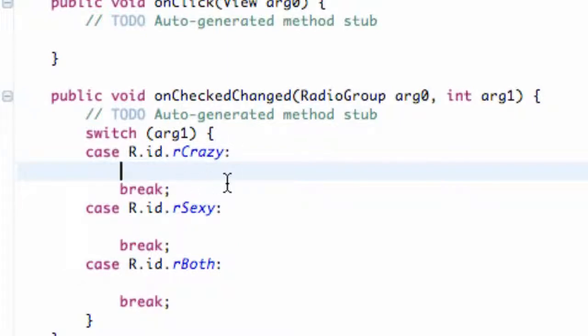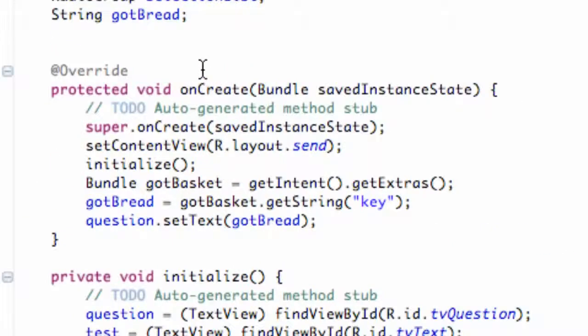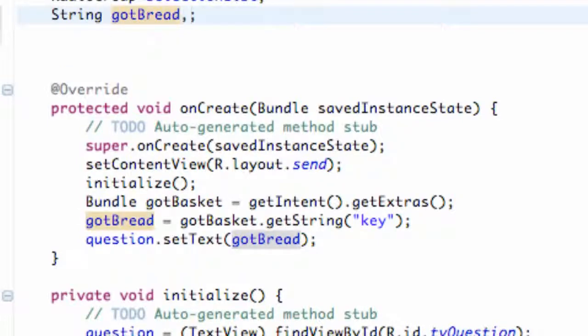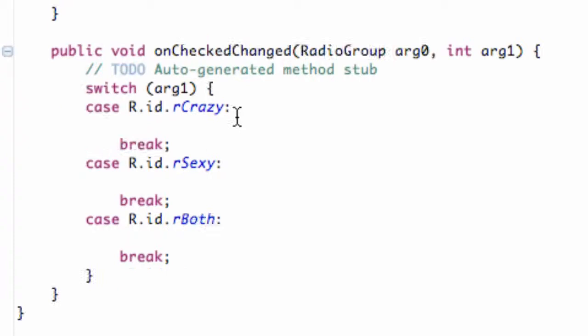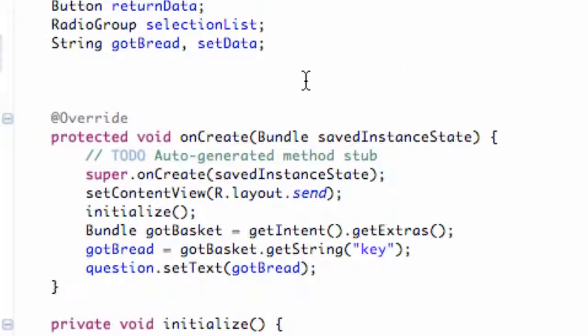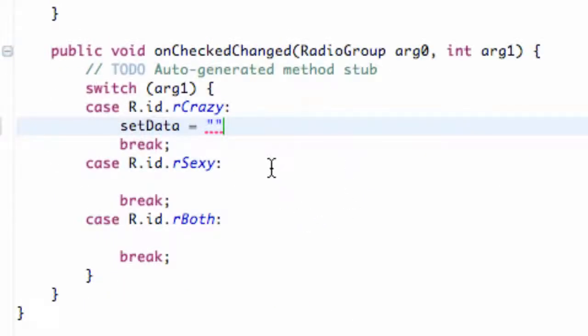But what we're going to do is basically set up a string variable. We're going to set up a new variable above our class, and we're going to call it sendData. We're going to set sendData up within our switch case down here. These are kind of the answers for the most part. Did we set up answers? Not positive. No. Alright. So we're going to say sendData, and if it's crazy, we're going to say probably